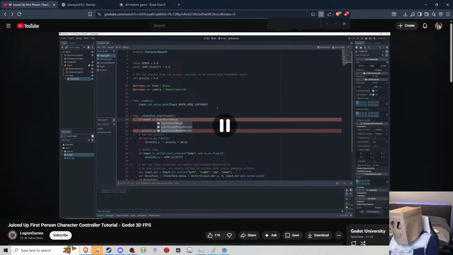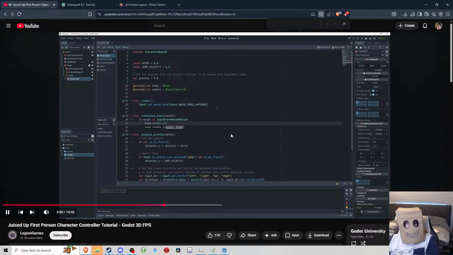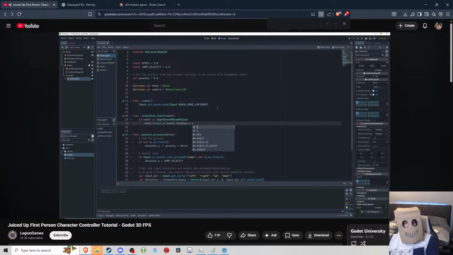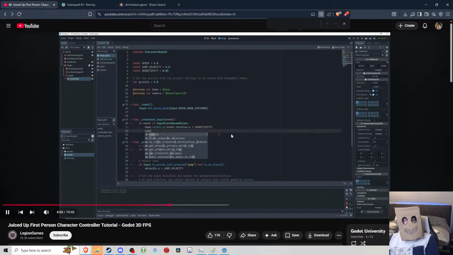Specifically for mouse motion events, so we check if it's of this type. We change the rotation of the head depending on how much the mouse moved relatively, multiplied by the sensitivity, which we're going to add as a constant. Here we're keeping the rotation axes separate, so we're only rotating the head on the y-axis and the